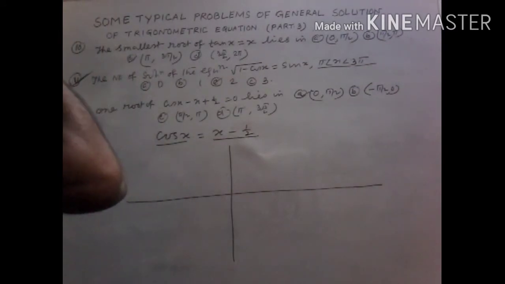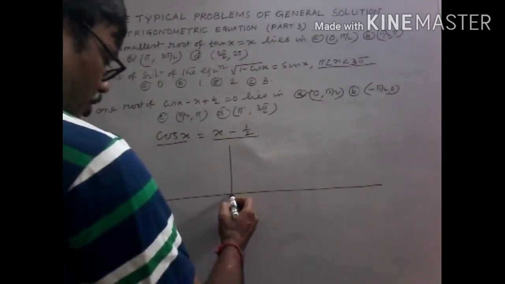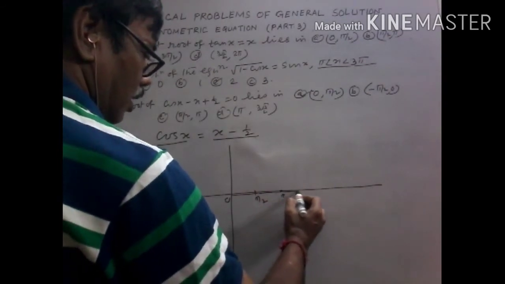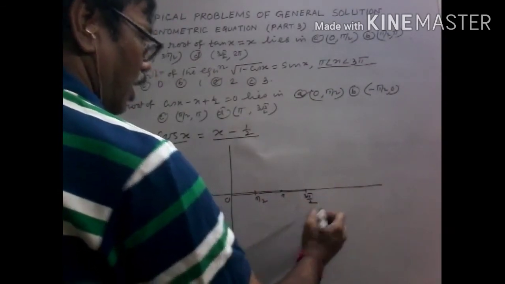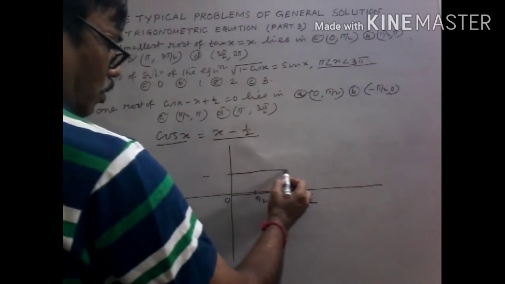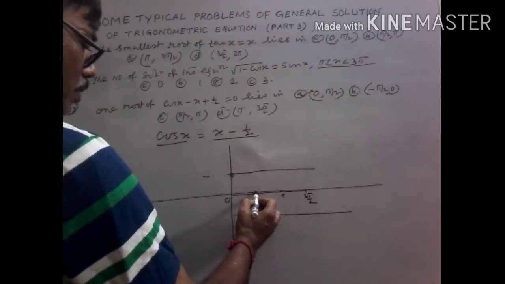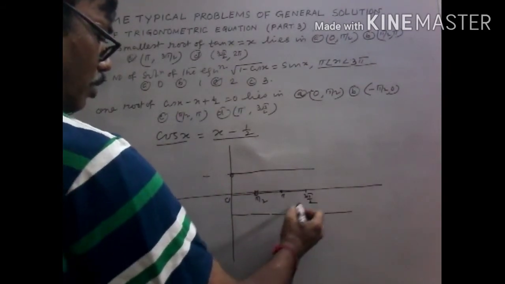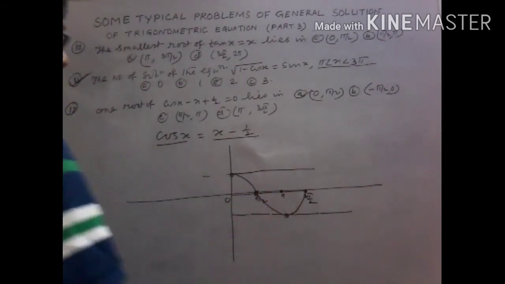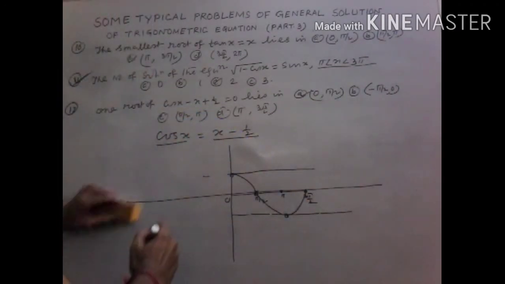so look, from answer it is evident that x varying from 0 to 3 pi by 2. So 0 to 3 pi by 2, 0, this is pi by 2, pi, 3 pi by 2, up to this from figure. So cos 0 is 1, cos pi by 2 is 0, pi is minus 1, 3 pi by 2. So this one, and we are getting this type of curve, cos x 0 to this.